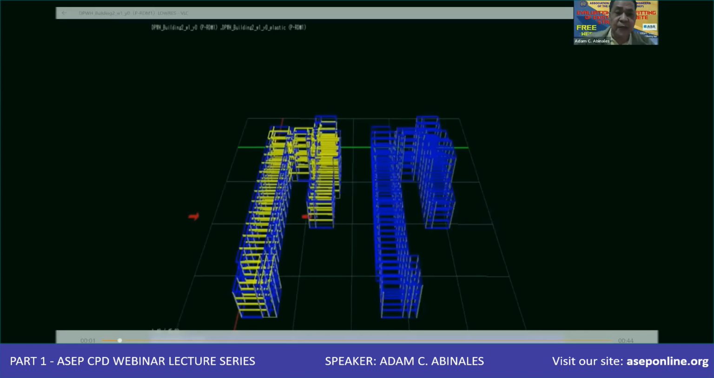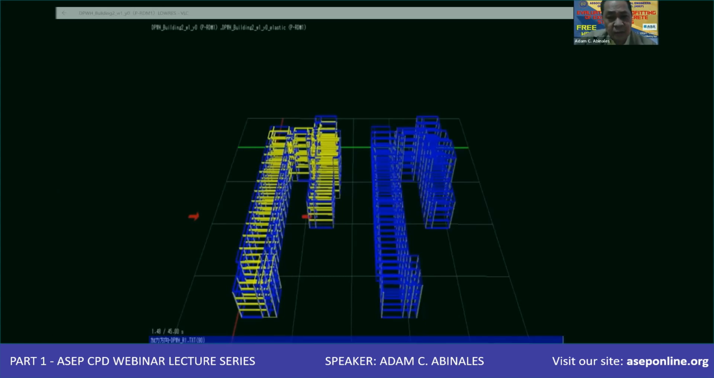So this is the video of that building. On the left side, do you see the video? I hope you see the screen. On the left side of the screen, that is the model of the structure without the dampers. On the right side,